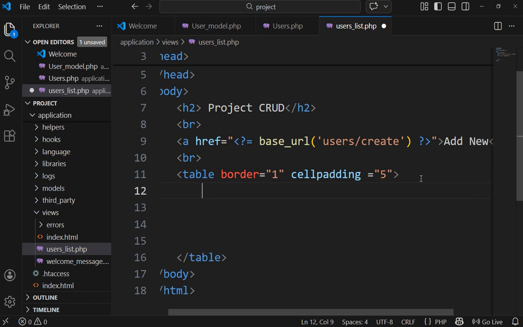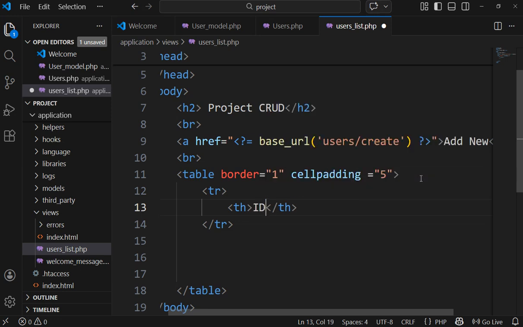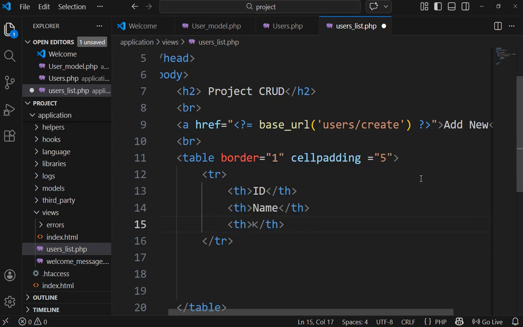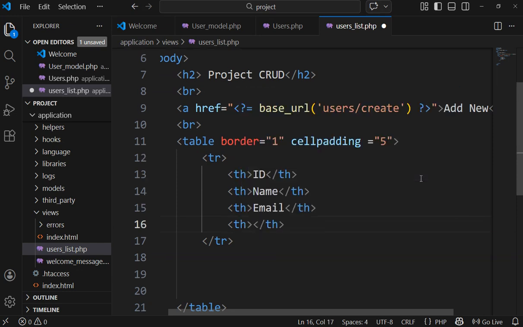Now tr, in this tr heading th id, again th name, again th email, again th action. Okay, now